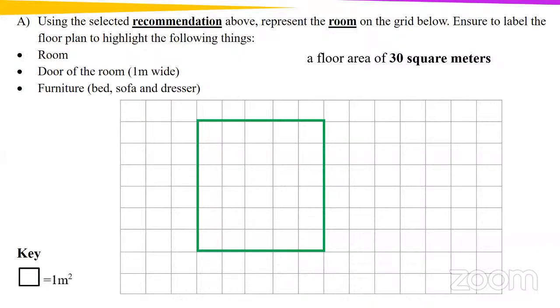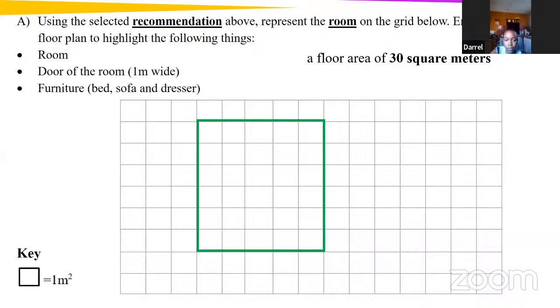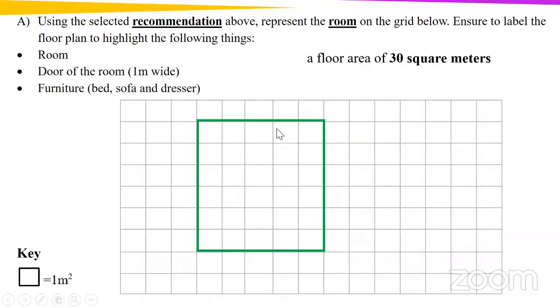All right, let's go to Daryl. Daryl, would you like to help Joshua? Yes, miss. Go ahead, sweetheart. Miss, it would be 5 by 6, miss. It would be 5 by 6. Remember, 6 meters and our 5 meters. Remember to include our units, boys and girls. So our representation would be 5 meters by 6 meters.